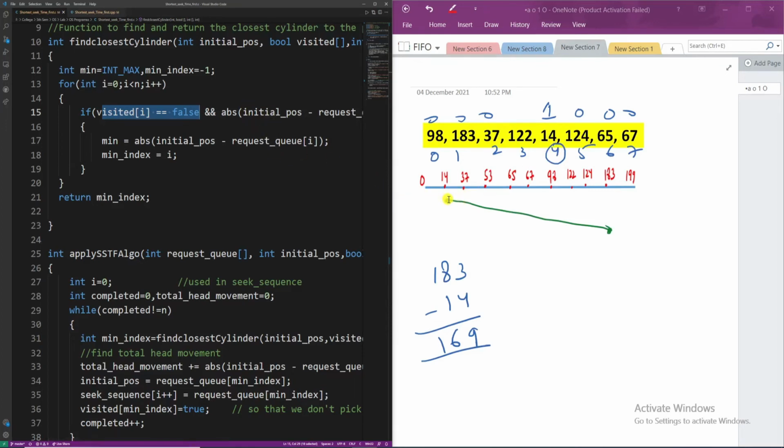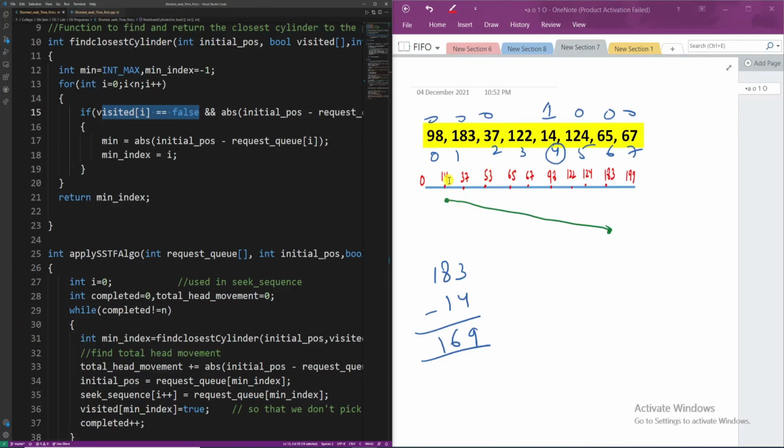In this iteration, you will find the subtraction of 98, 183, 37, 122 with 14, and then find the minimum. After that it will work as normal.